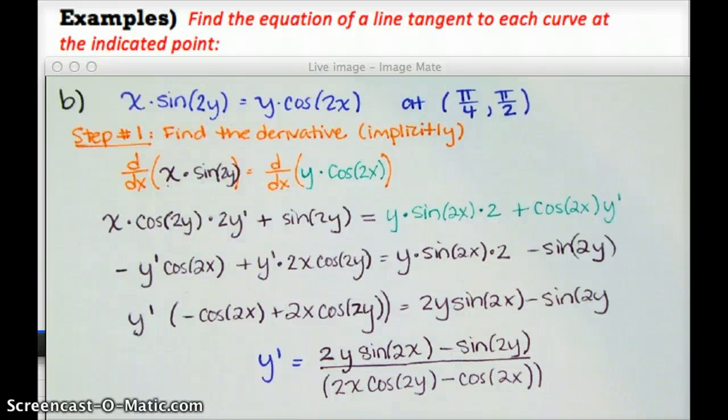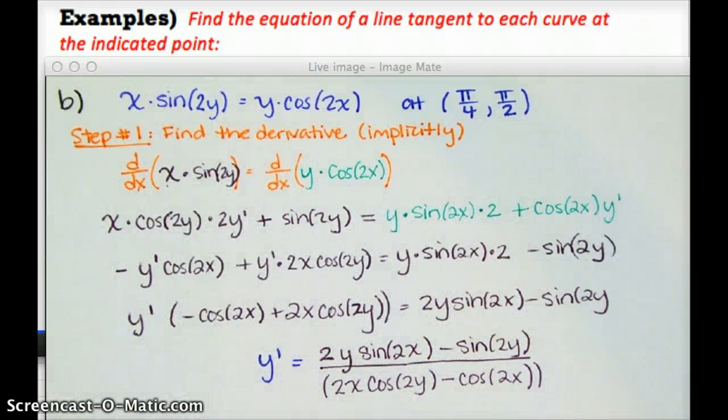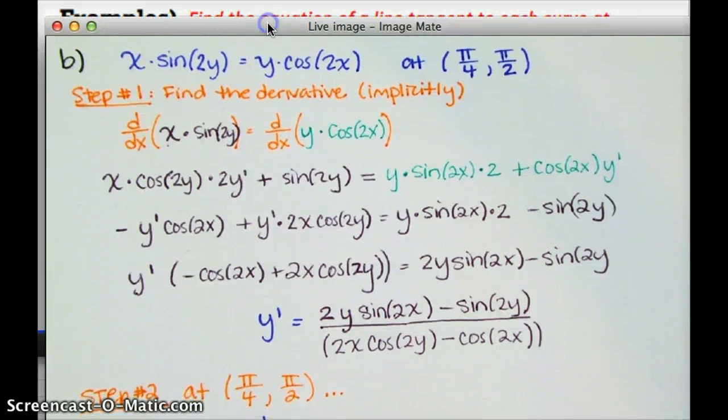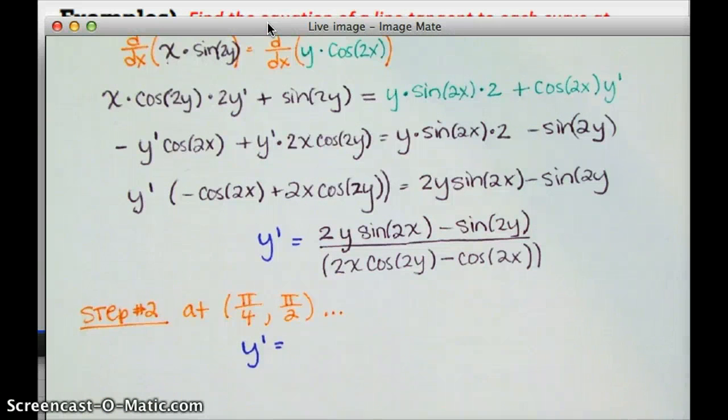And from there, we really need to just think about the goal, which was to write the equation for a line. So even if this is an ugly looking derivative, all I'm going to do is plug in x and y to find the slope of the tangent line. At the point pi over 4, pi over 2, the derivative, y prime, is going to equal,